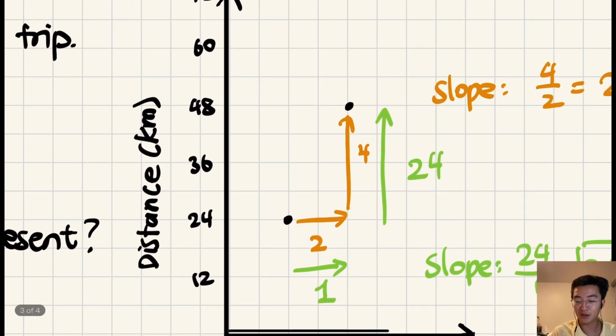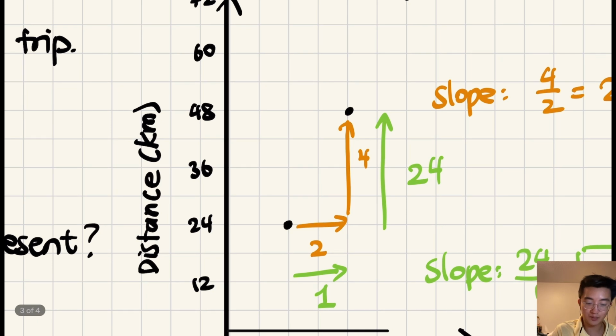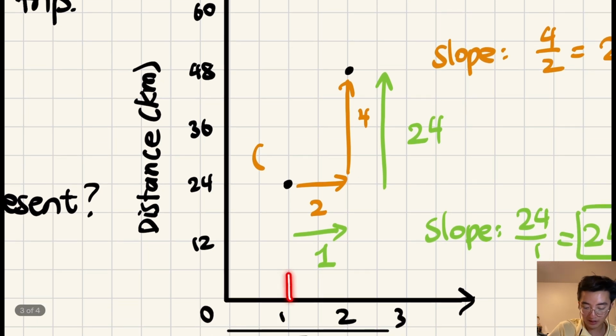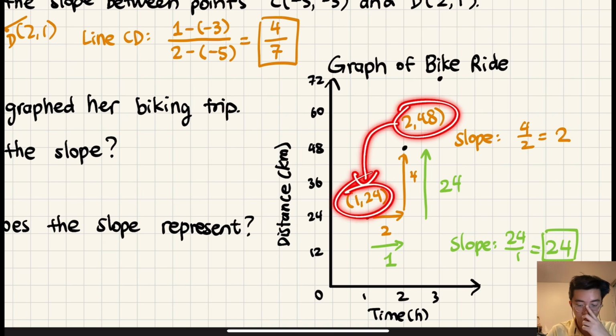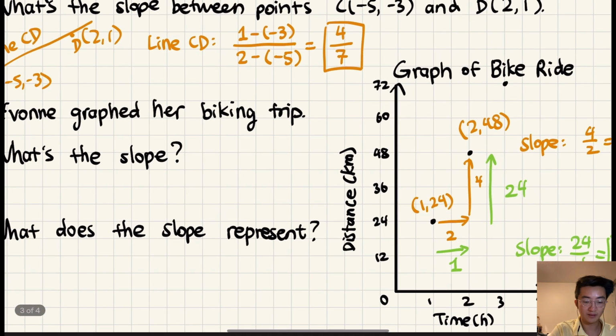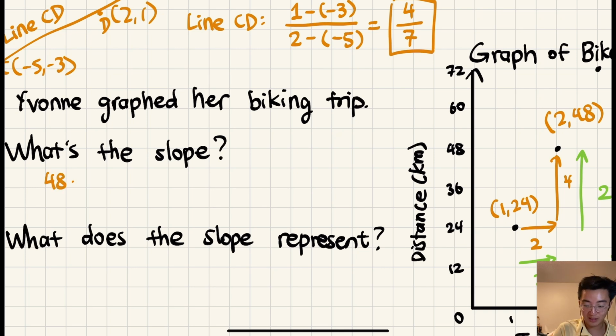the coordinates. Now let's take 2 points here. Let's take this point and this point. So our first point here, our x is at 1 and our y is at 24. So 1, 24. Our second point right here, x is 2, y is 48. So now we just find the change of those 2 points. So let's just subtract this point by this point here. So let's take the y value of the second point, that's 48, subtracted by the y value of the first point, that's 24. Okay, so we're subtracting this right here by this. And if we subtract the x values, 2 minus 1, we get 24 over 1,